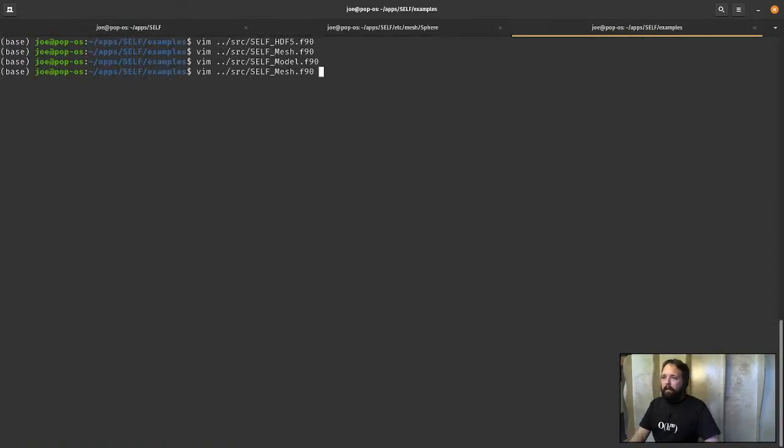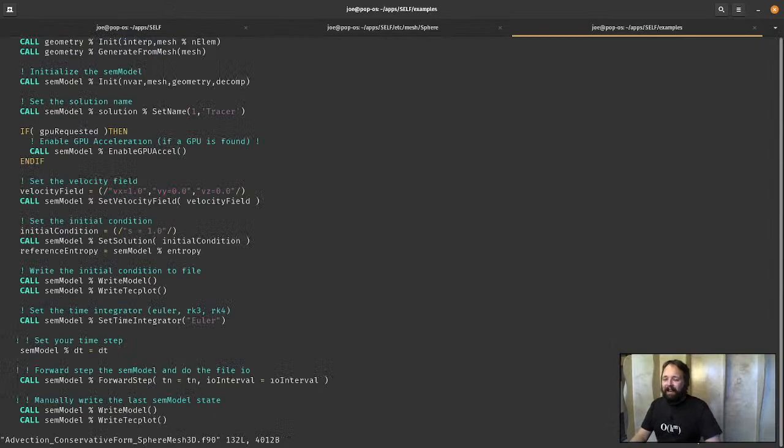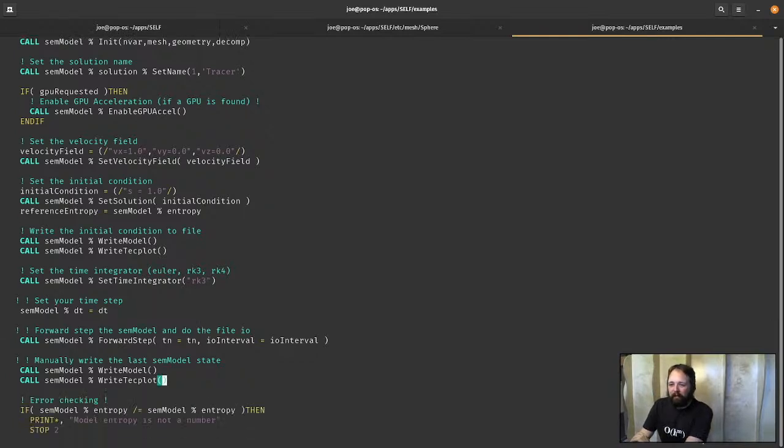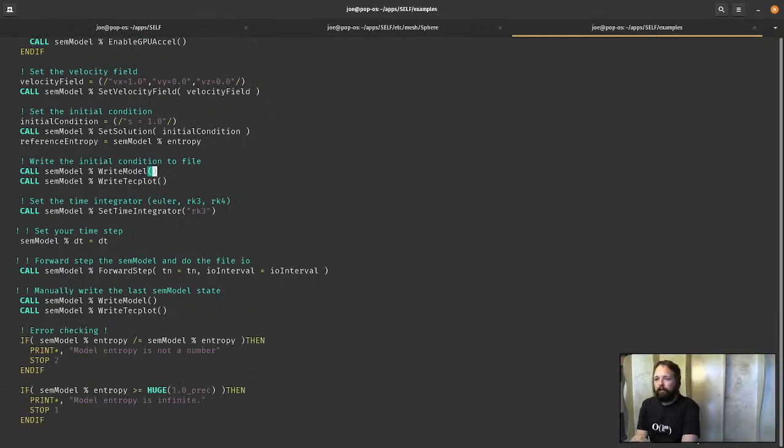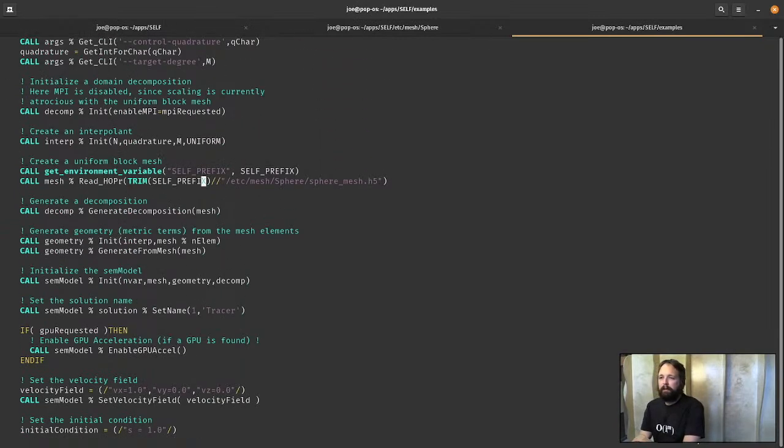And where were we? Right, so we were in the advection, and what we're gonna do is, I'm just gonna go ahead and set that to RK3. I'm kind of tired of that Euler integrator, not really stable. Right, so yes, this is what we'll do. So we're just gonna build, so this example we'll add to the make system here once we fix the other problems. This should read in the sphere, and if we forward step by a few time steps, what should